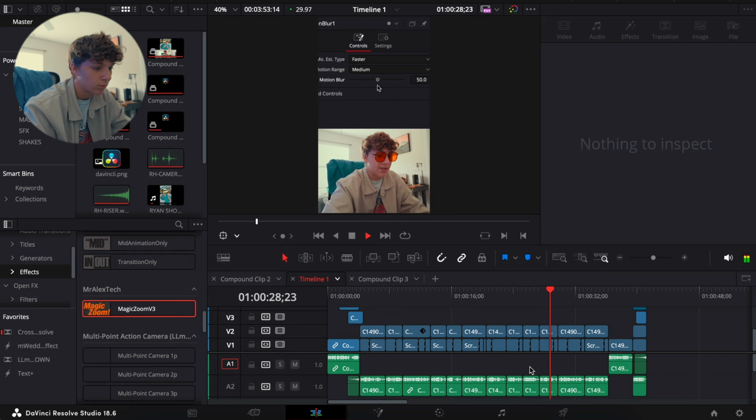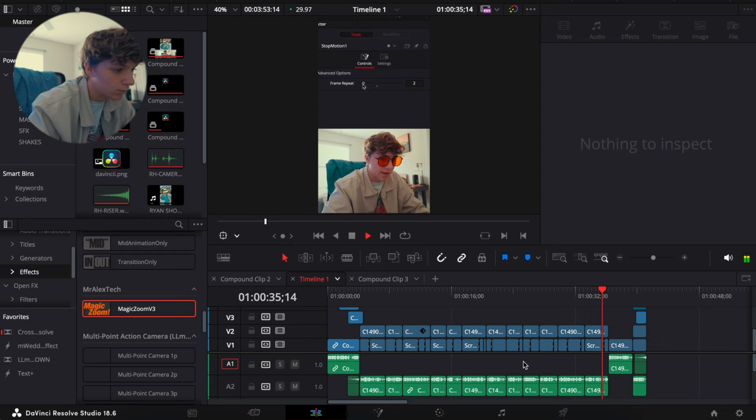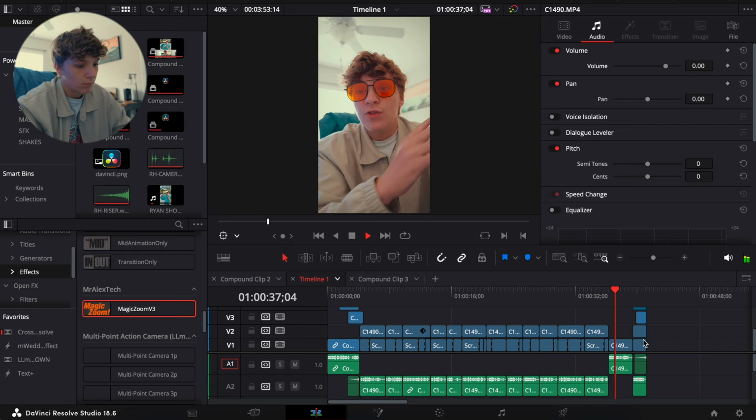Now turn your motion blur down to 10. With the motion blur selected, we're going to hit Shift Space and add stop motion. Under the frame repeat, we're just going to turn it down to 2. Now once you've applied all these settings,